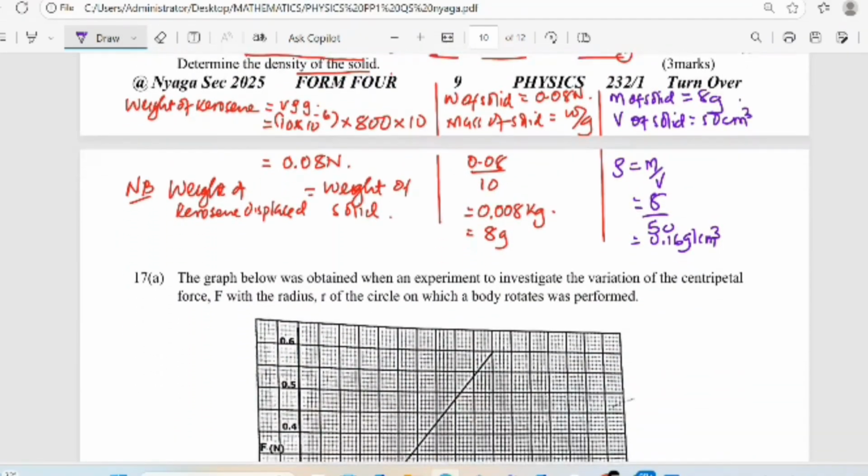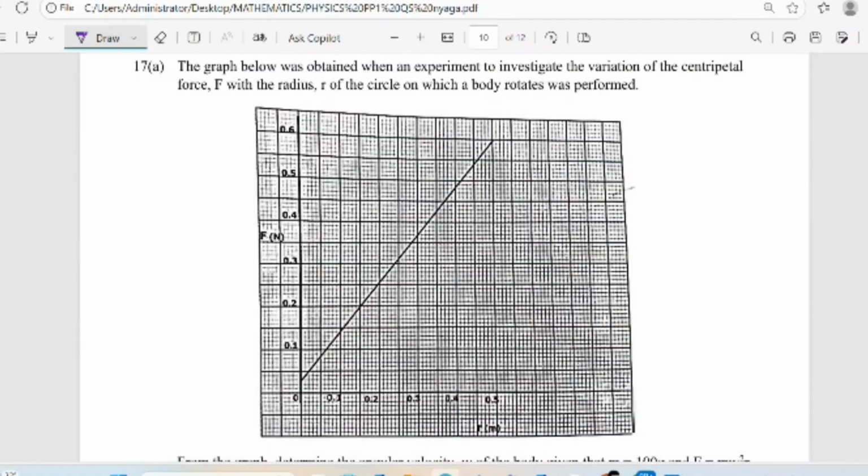We have our last question, which is question 17. Even though the graph may not be so clear, you are told the graph below was obtained when an experiment was done to investigate the variation of the centripetal force F with radius R. So this is radius R, and as you can see from very far, it is given in meters. So this is the graph, you can see it. Then you are told that